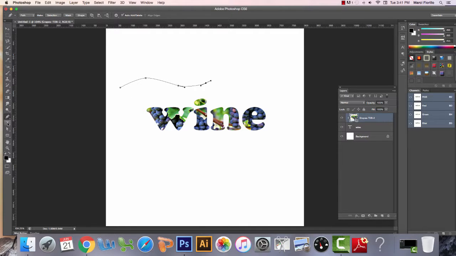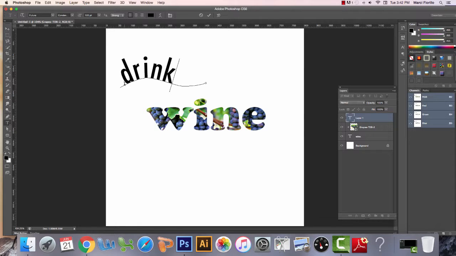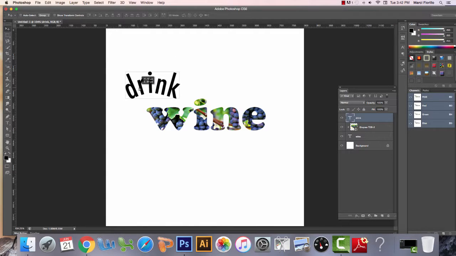Okay, so then you go over and select the type tool, and you move over, and before you click, notice how the cursor will shift to the type on a path cursor. And if you don't have that, you're just going to be creating a new type box underneath the line you just drew. So we want it to be that little wavy line with the cursor, and you click, and then you can type your path, and there you go. So you can then move this. Notice the path itself disappears,